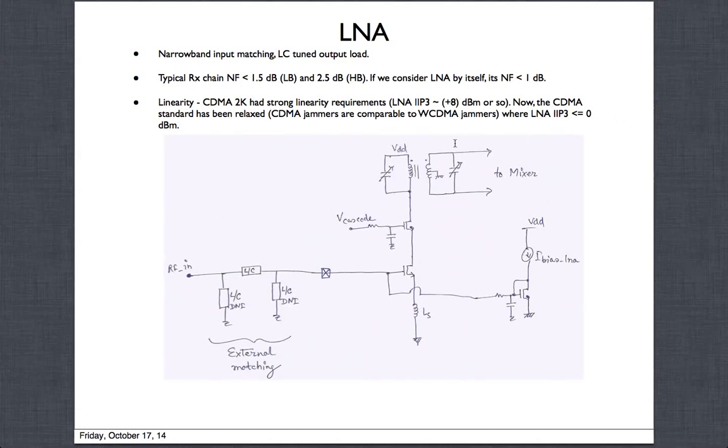We don't need to achieve very big IP3 numbers, and that's with the linearity. How much the numbers could be comes from detailed analysis, where you take all the jammer cases and do a detailed analysis. But I just wanted to give you an idea of what kind of IP3s these are designed to meet. So now we know about the noise figure and the IP3 numbers for the LNA. Hopefully I've covered most of the key things for this block that is achieved in today's multiband multimode transceivers.